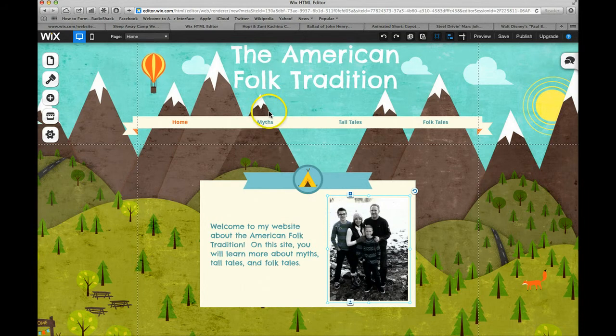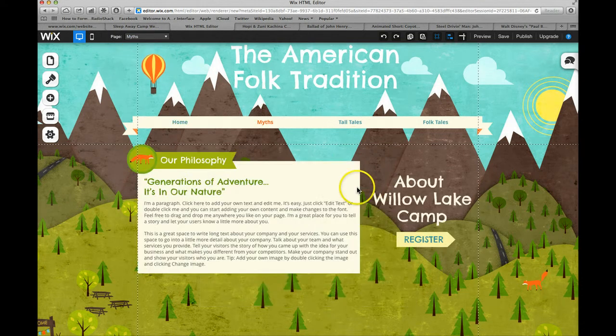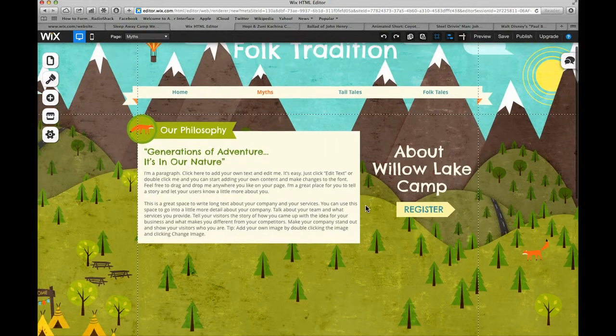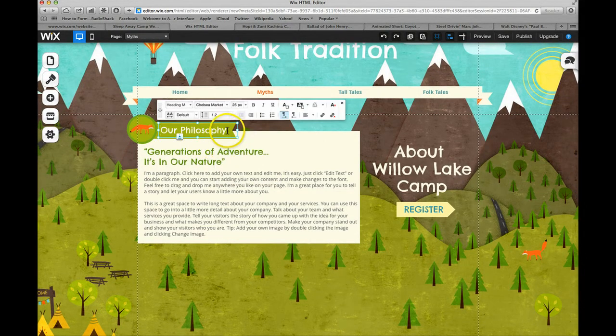Okay, so let's go ahead and start working on our myths page. Again, we come up here to the page navigator, we hit myths, and I again deleted most of the content on here. I left some things. So what we want to do is edit this text to say myths,